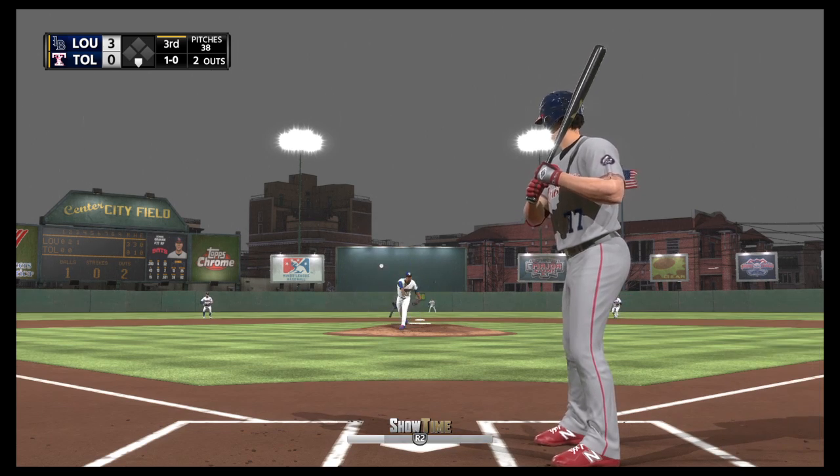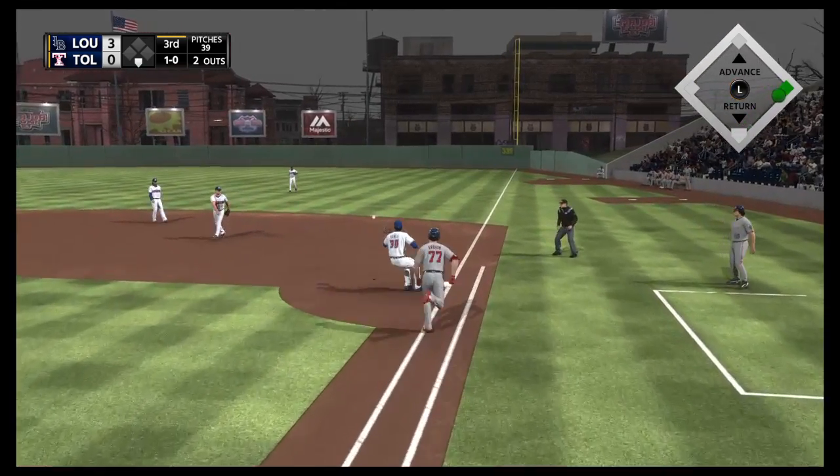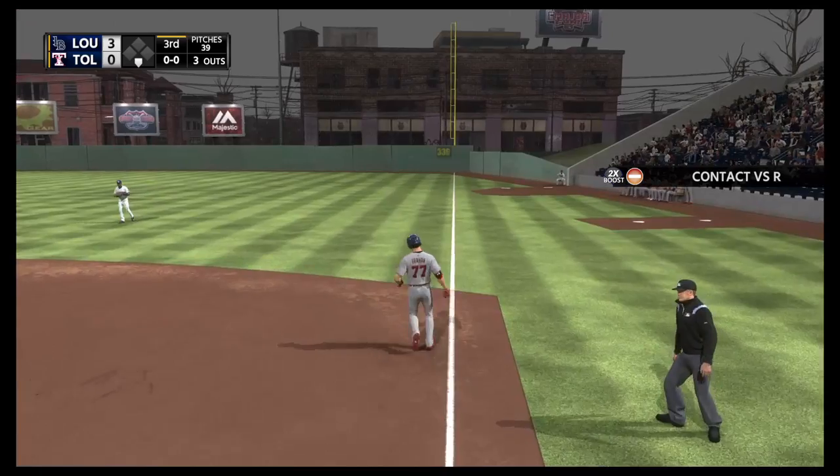Here you go, the 1-0. Hit hard to the right side. Oh, a diving effort as it's off his glove. But they'll still manage to get the out on the force, and with that fine play, the